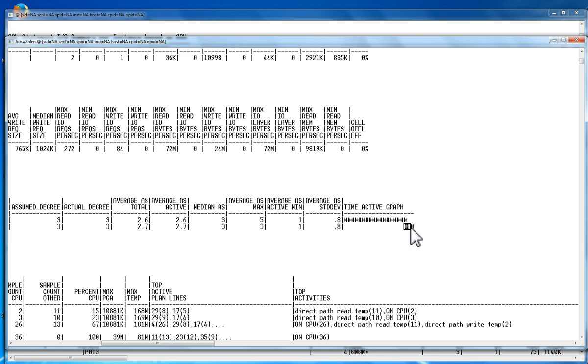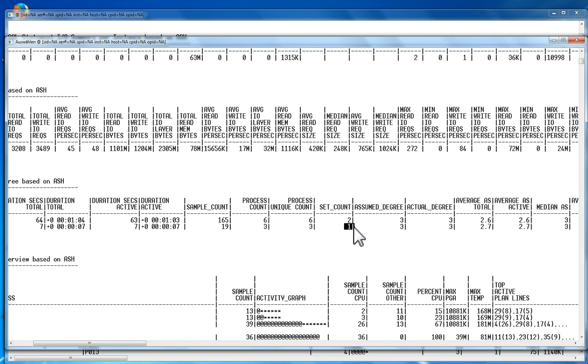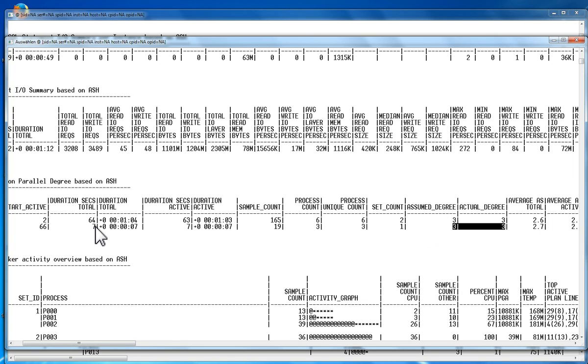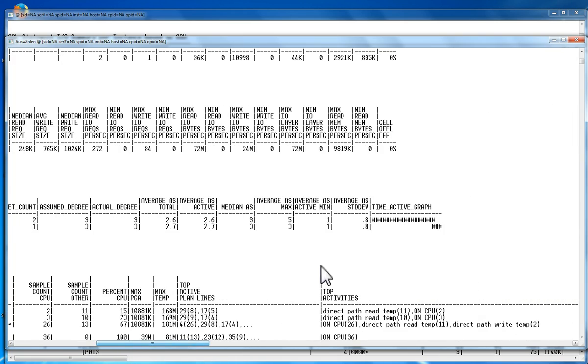And then the second DFO tree, this DFO tree number 2, which only consists of one slave set at the same degree of 3, was only active for 7 seconds, and within the 7 seconds it was found to be active at every sample. So we see here this graphical representation. DFO tree number 1 was active from the start, and then the second DFO tree got active until the end of the execution. So this is a typical example